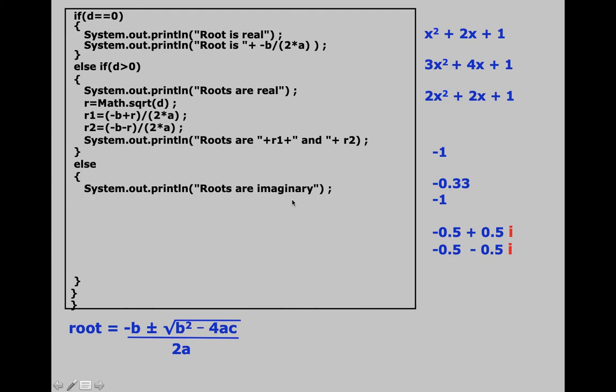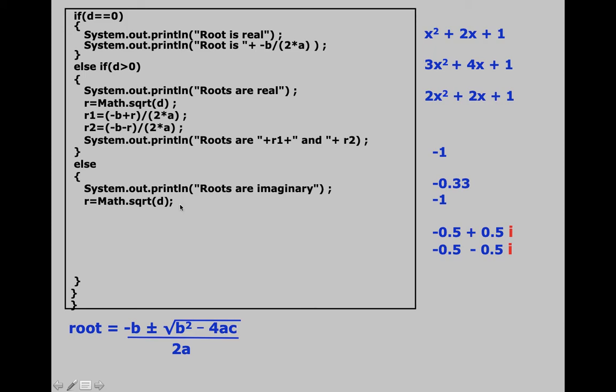Okay. Now pay good attention. Things are going to be interesting and slightly tricky. Listen. Now over here what happens is the value of d is equal to minus 4. And if d is equal to minus 4, what will happen if I write this statement? Tell me what will be the value of r? D is minus 4. What will be the value of r? Did you say r is equal to 2i? Well, you are mathematically correct, but syntactically you are wrong.